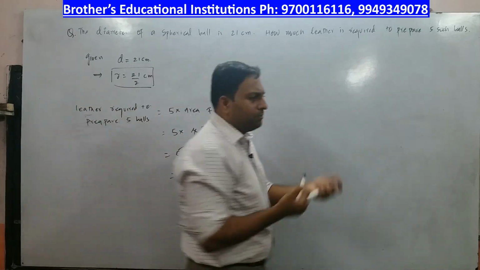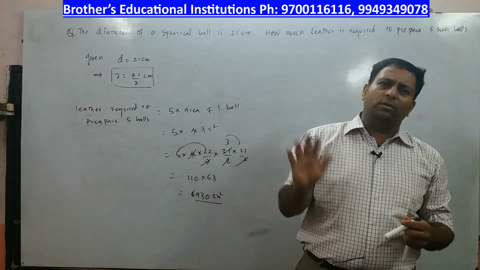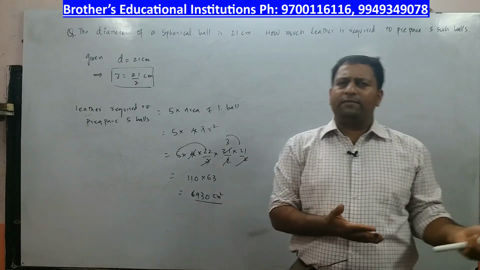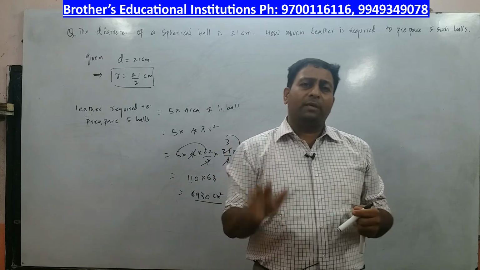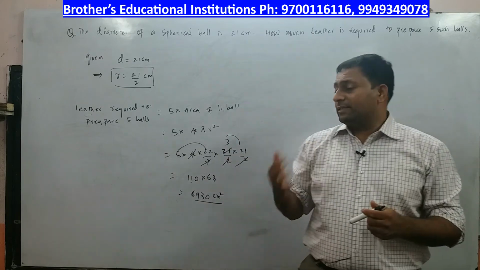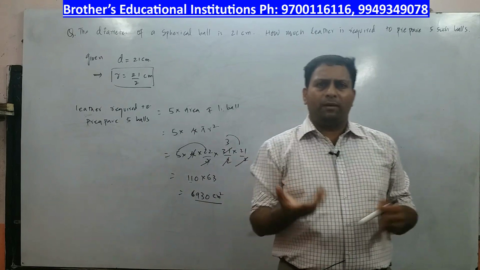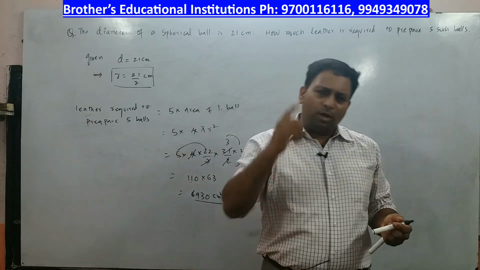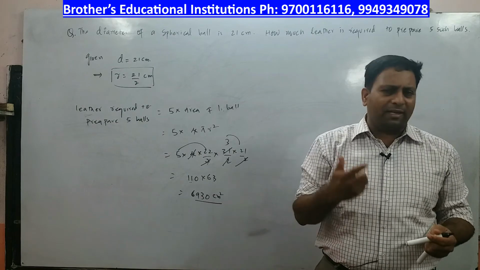So is it not simple, my dear children? All you need to know is the surface area formula. There is no lateral surface area, both are same. Lateral surface area or total surface area, both are same only for a sphere. And in the next class we are going to deal with hemisphere. How do you get a hemisphere? You cut a sphere into 2 parts, what you get is a hemisphere. That we are going to deal with in our next class.